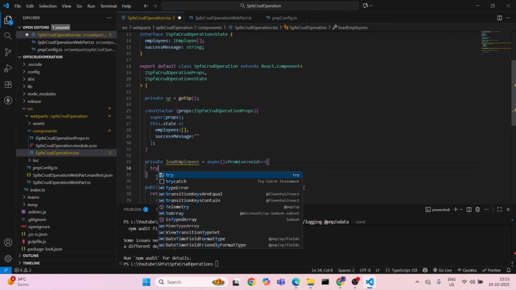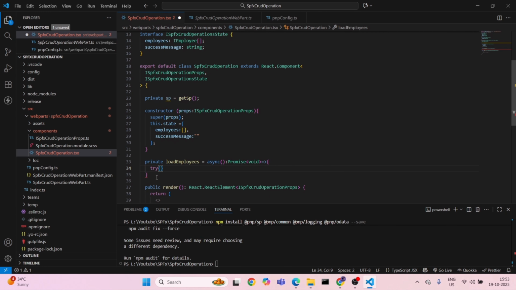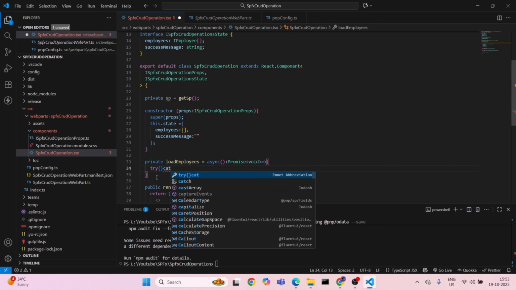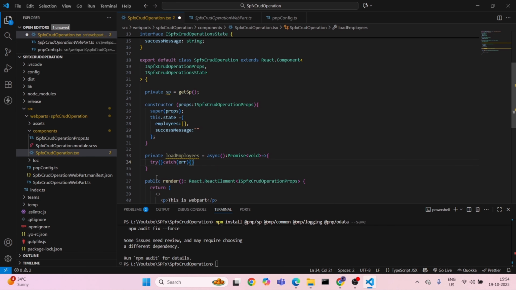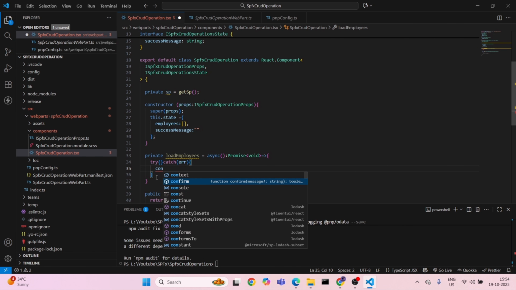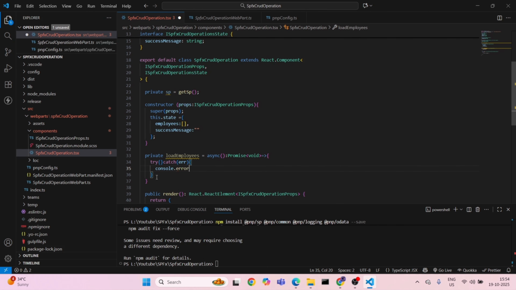The first thing that we will be having is try and catch. So here we will have the catch, and inside the catch we will have the error, and again we will log it in console. So console.error,